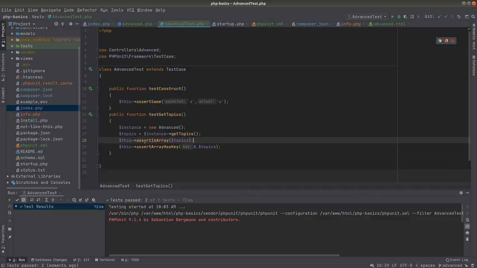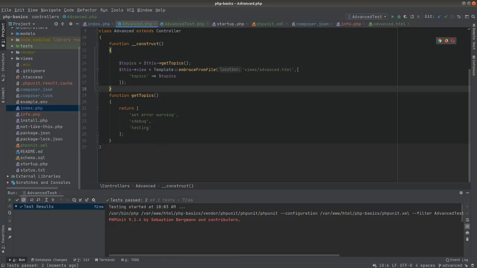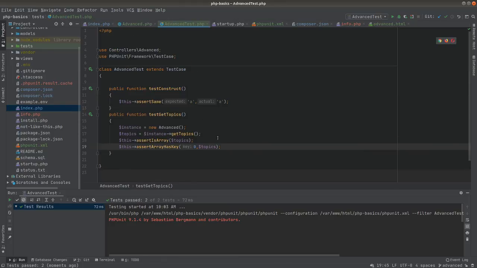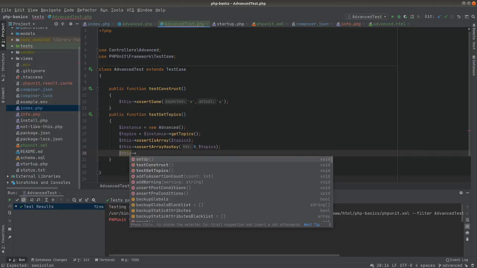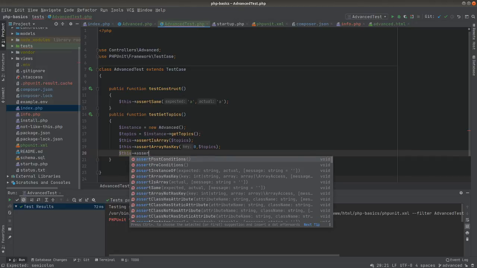basically assumed, okay, that getTopics is an array, and that the array has a key of 0, so it must have at least one value in here, right? Which we have fulfilled here, right? I mean, we could basically see, hey, is this really true, right? So let's make just one. I mean, this does not make sense in the logical field, but what I want to say is just to let you know,